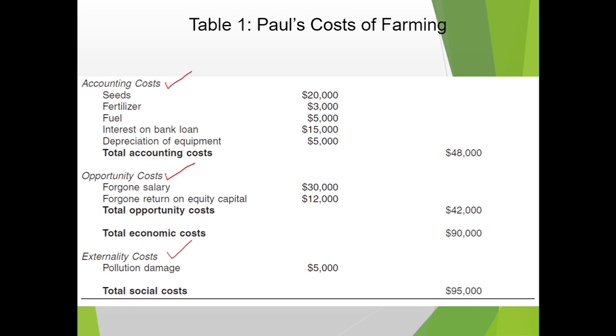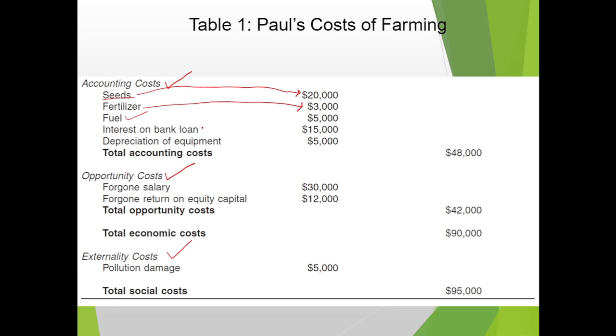In accounting cost, all the costs are recorded. Whatever Paul will purchase in order to perform farming, he will record it into the accounting cost, right? Let's suppose that he has to purchase seeds and he purchased seeds for $20,000. In the same way, he has purchased fertilizer for $3,000. In the same way, he has purchased fuel, and in fact, he has taken a loan from the bank to